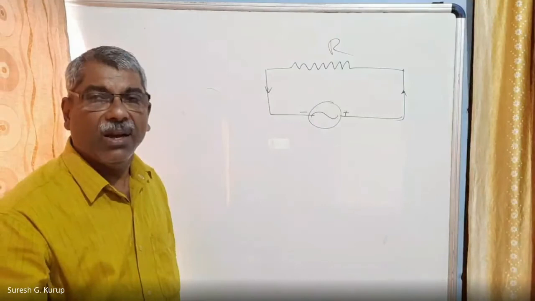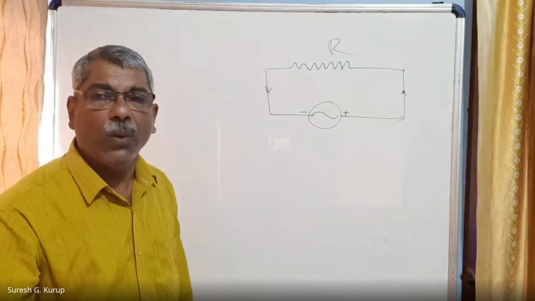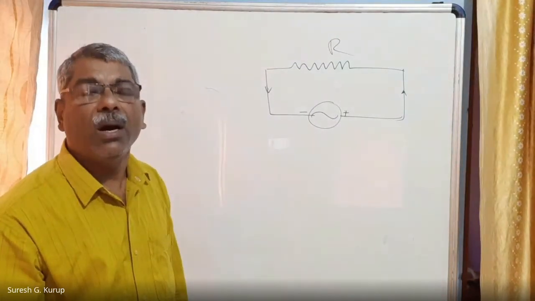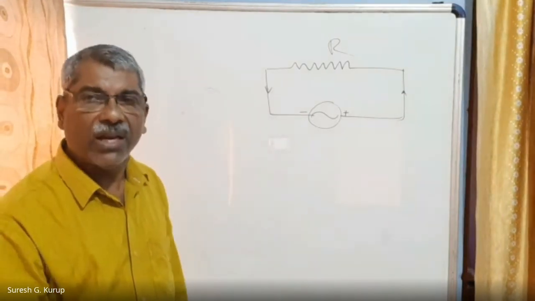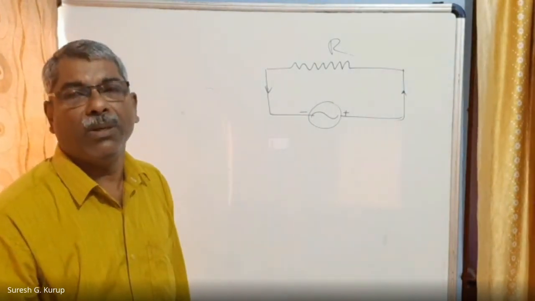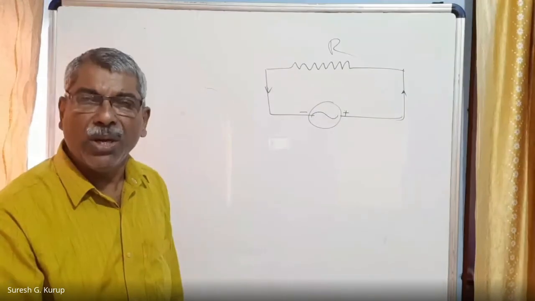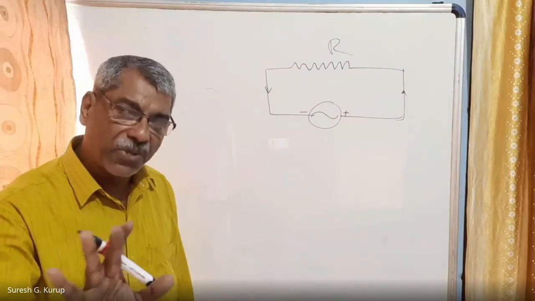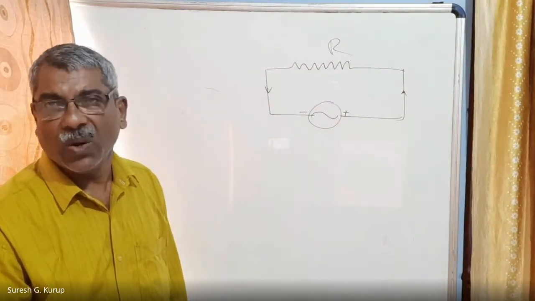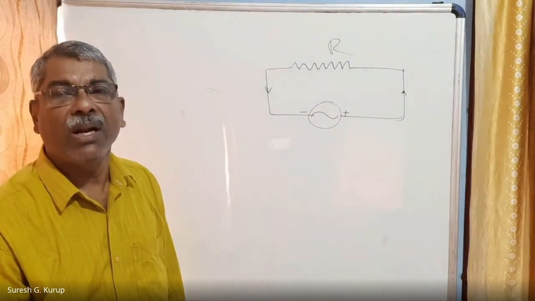Right? In the full cycle of revolution of the coil, or the armature inside a generator, in the first half cycle of the armature the current is in one direction through that coil, and in the next half cycle the current is in the opposite direction. That is why it is called alternating EMF or current.